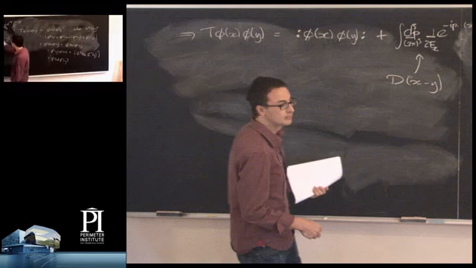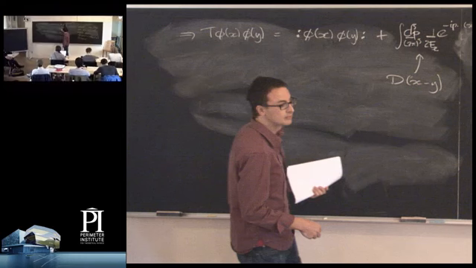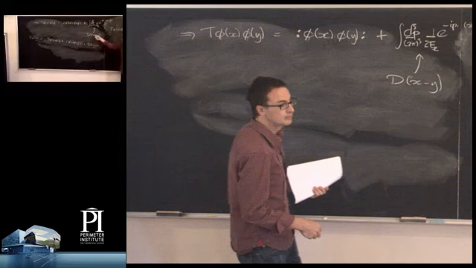Okay, so we did the calculation twice, once for x being later than y, and once for y being later than x. These are the answers we get. But we'd already also defined a function that was this when x0 was greater than y0, but this when y0 was greater than x0. And we called that the Feynman propagator. So our original definition of the Feynman propagator was exactly this, depending on the ordering of x and y. So in general,